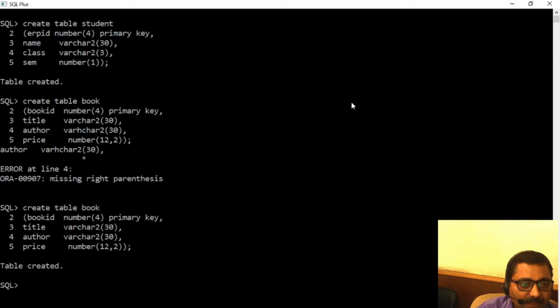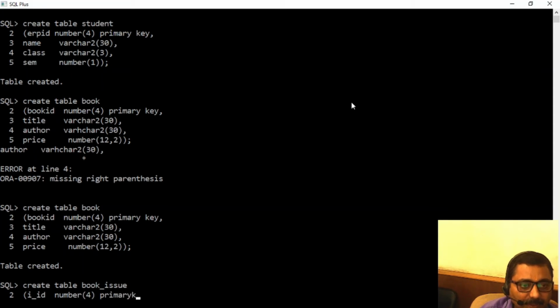Now I will create a detail table, that is a child table. It's very simple. Create table, and its name is book issue. So the first field will be issue ID, IID. Again I'm taking it as number type, size say 4.